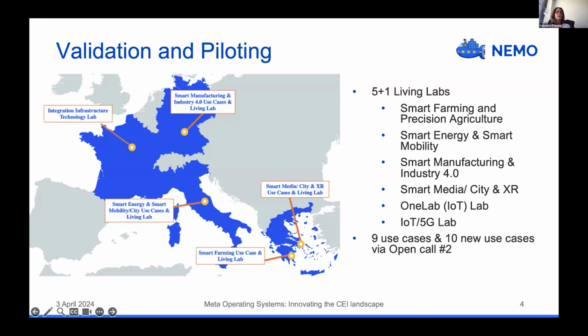And in the pilot, we have set up a local 5G network in order to test it in a stadium that is located in Athens. The second part of the pilot has to do with XR applications, which is done at the pilot site in the Foundation of the Hellenic World here in Athens.